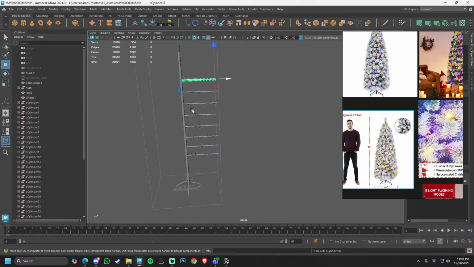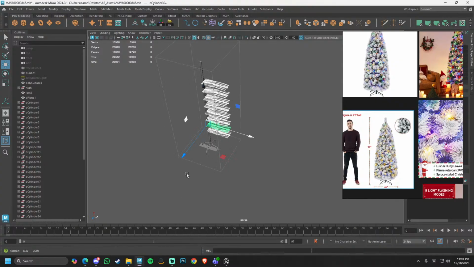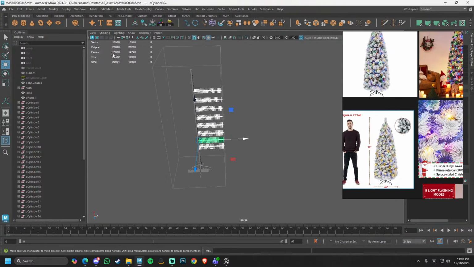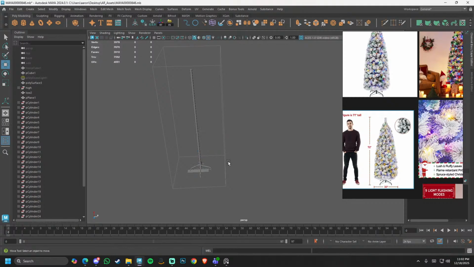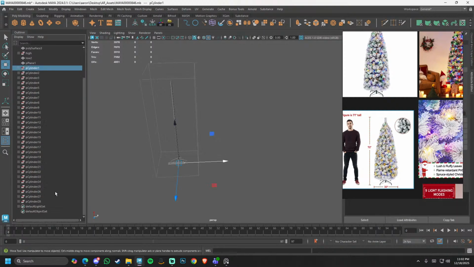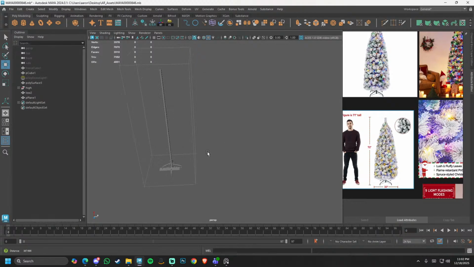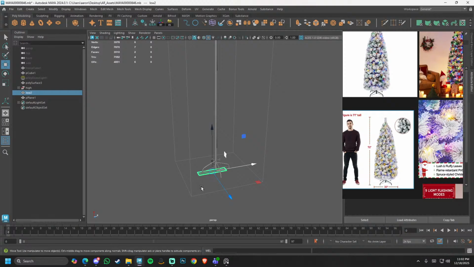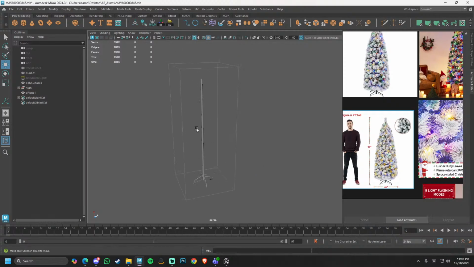Maybe you can, but then this will be too much because there are already so many faces and tris. So you want to reduce the count. So what you can do is use a little bit of a trick that I have been using for a very long time. So since I have the base mesh here already, what I will do is